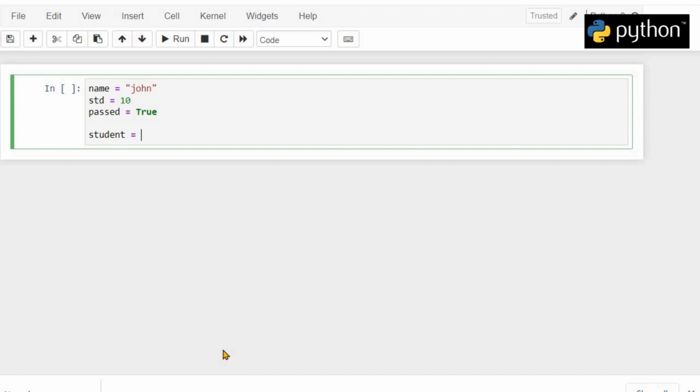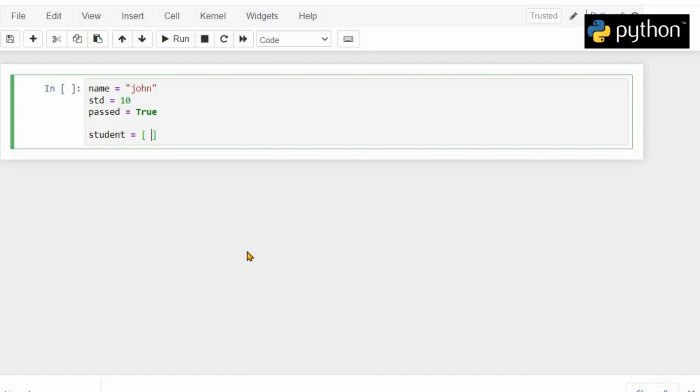To create a list, we first write empty square brackets. Now as you can see, we didn't have to define the size of our list. For example, this list student is going to hold three different kinds of values, but it can also store 5 values, 10 values or even 100 values. So in Python we don't have to describe upfront the size of our array. This is why we say that lists are dynamic in nature in terms of size.